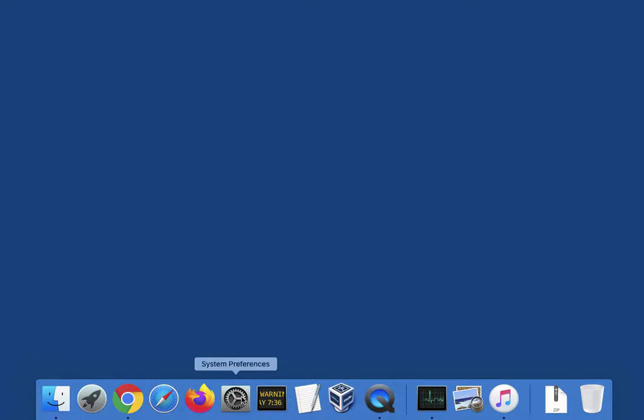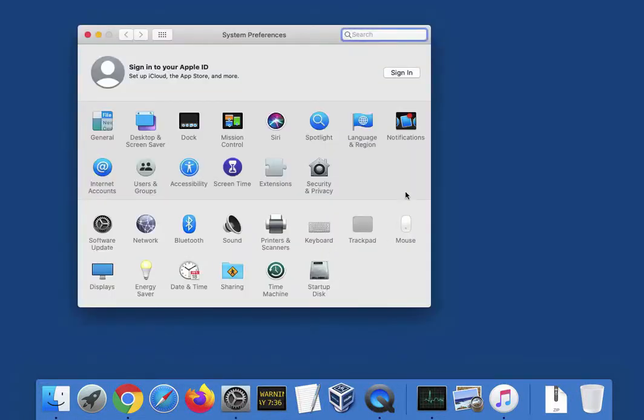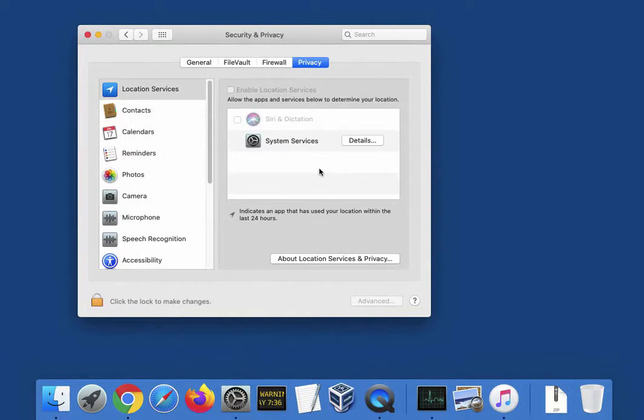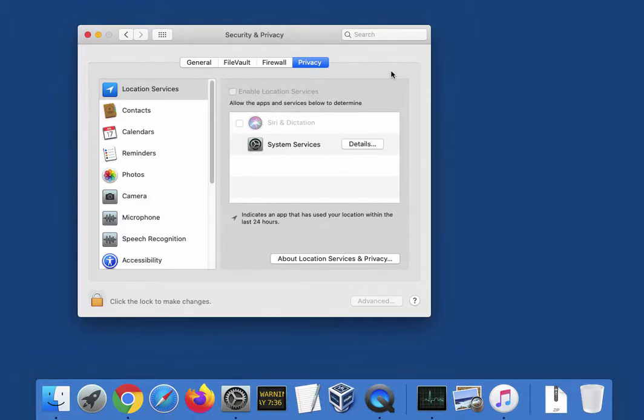and now we need to change some settings of the computer to provide the application of KidLogger the access to the screen, to the keyboard, to the camera, and to the microphone. We must open the System Preferences, Security and Privacy. Pay attention on this tab, Privacy. We have to check all these settings from the top to the bottom, and if in the right part of the page we find the KidLogger application, we have to tick it. So let's check all these settings.